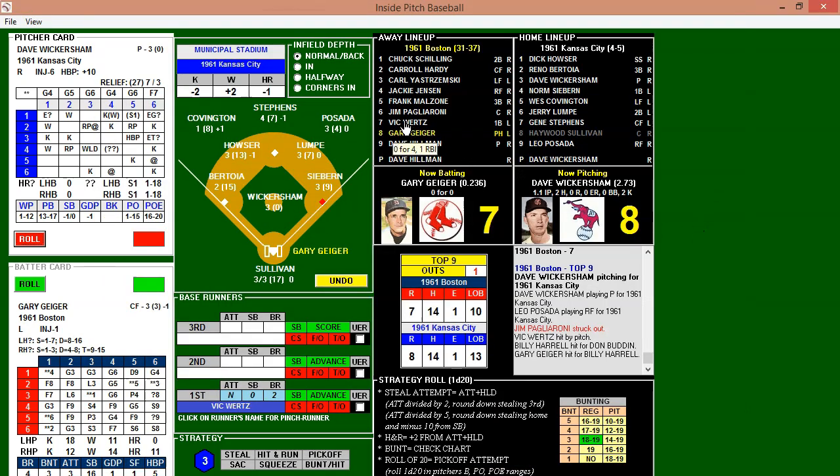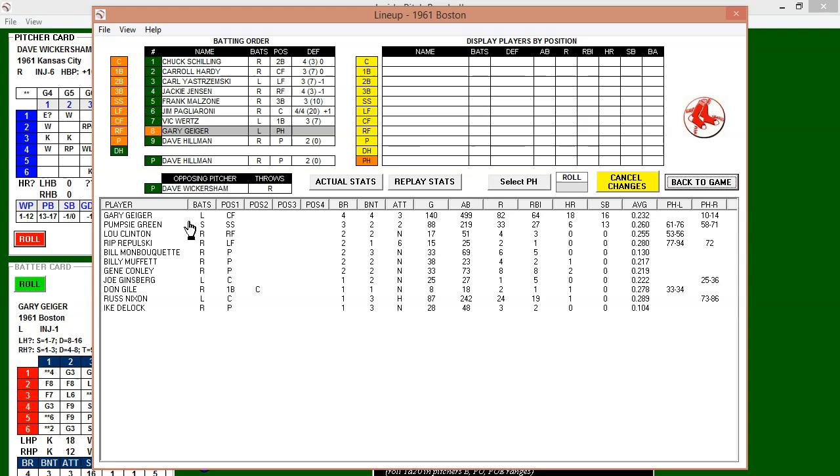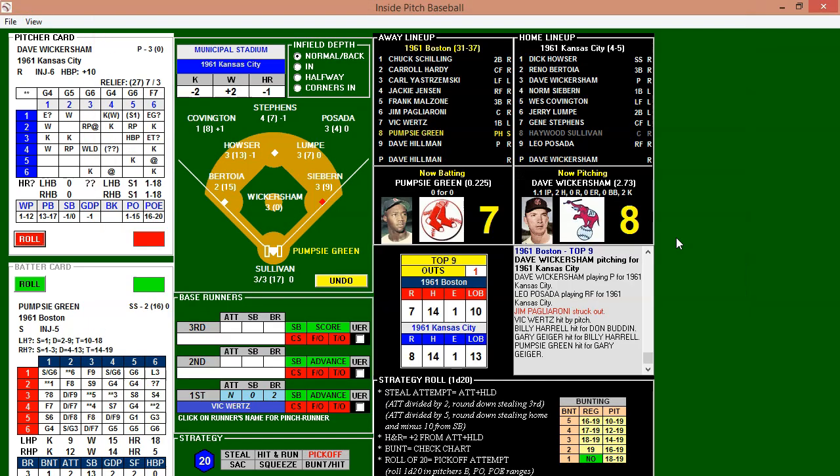Alright, so let's see if we can bring in... No, we can't bring in Billy Harrell because it says we used him already. Alright, so I guess we'll bring in Pumpsy Green. He's a little bit better. So we burned our pinch runner there. Oh man. Alright, hold on here.